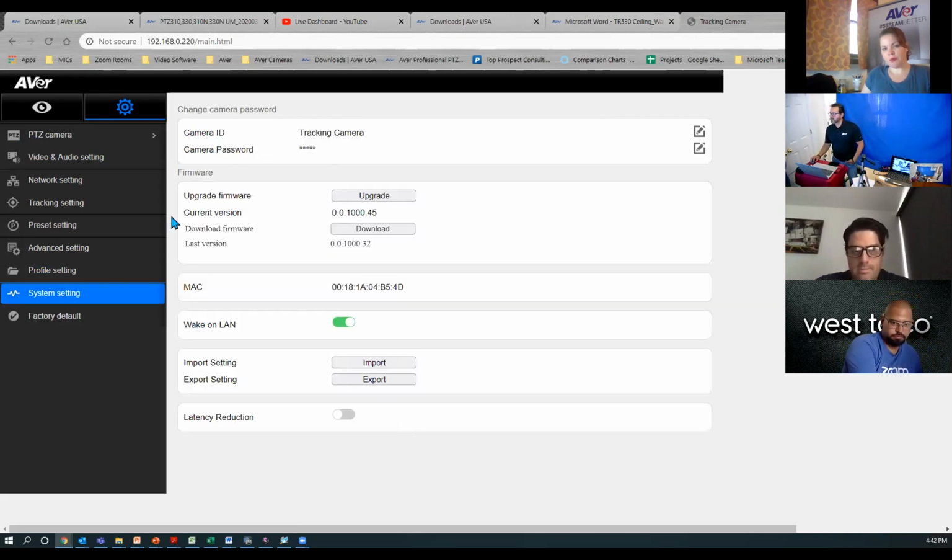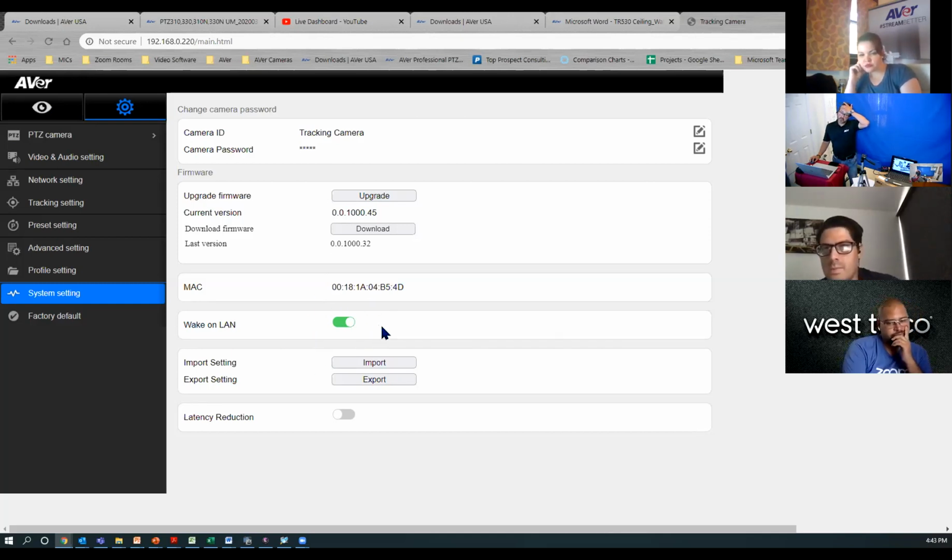What else? System setting, if you want to change the name of the camera, password for your web login, it tells you your firmware version, your Mac version. Wake on LAN. If you have a third-party Wake on LAN software, so you can wake it up remotely via la red. Import, export setting, por ejemplo, por decir, tienes un proyecto, hay